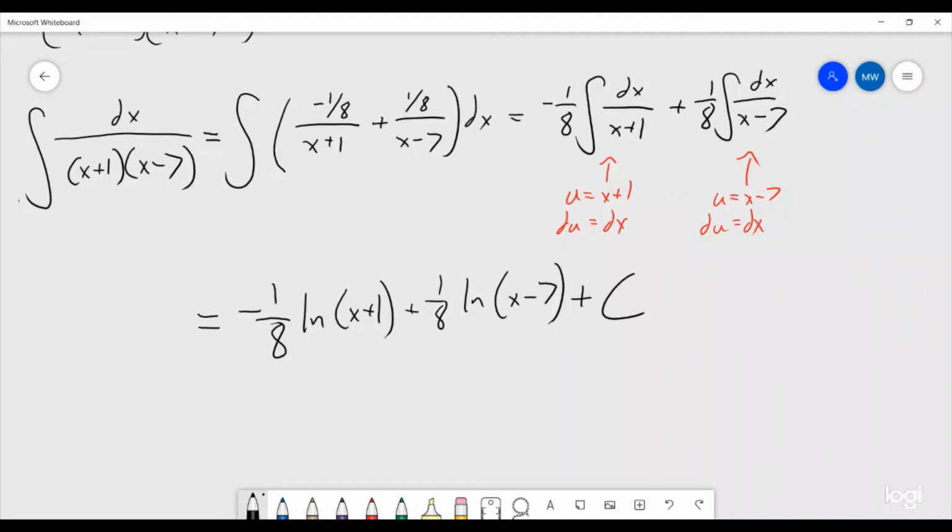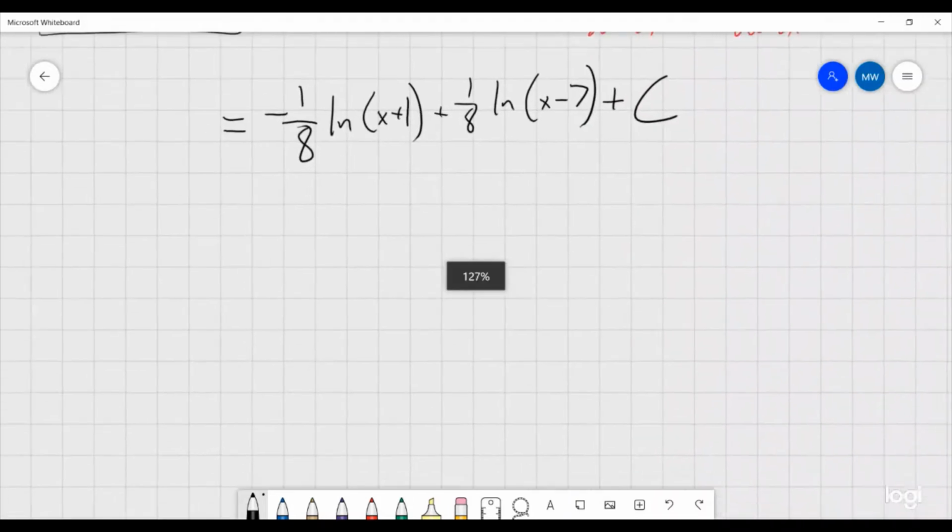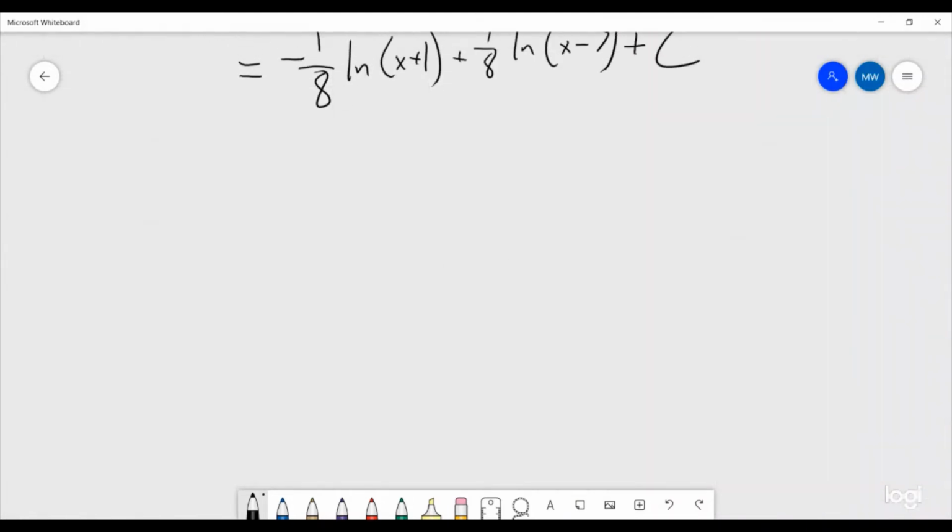That is the integral of this. So partial fractions allows us to be able to figure that out. Now, partial fractions can be a little bit more complicated than that sometimes. So if we were to have something like 1 over x minus 3 times x squared plus 2,